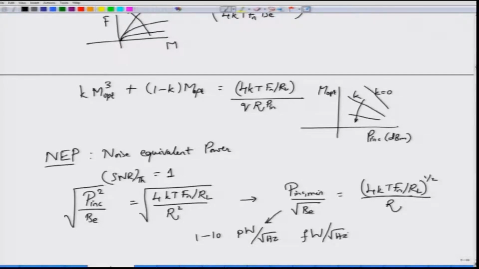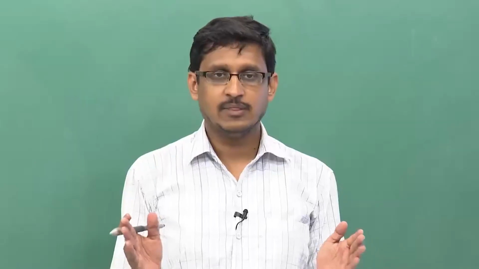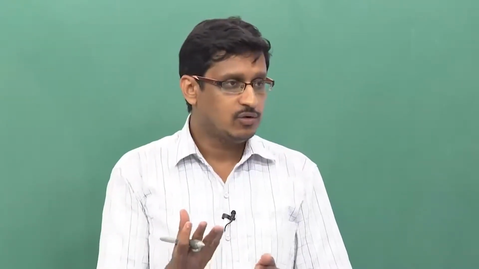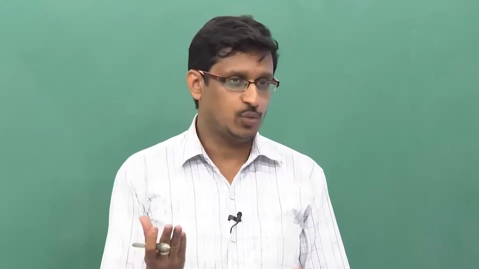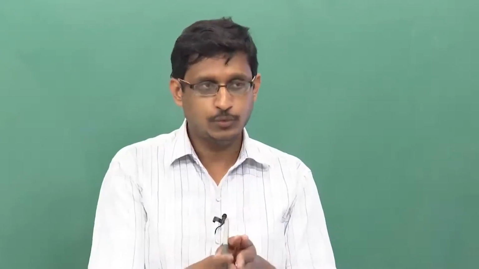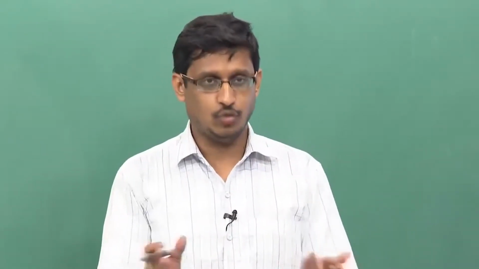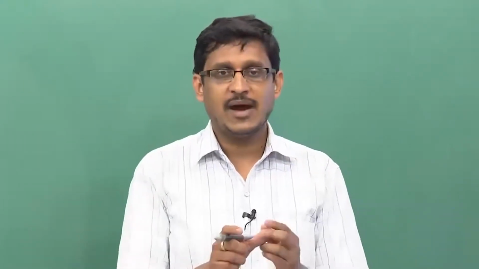If you know the total bandwidth of your circuit, take the square root of the bandwidth and multiply it by the NEP. That tells you the minimum optical power necessary to make the signal to noise ratio equal to 1, and then you can choose the optical power you input to the detector to be, let us say, 10 times NEP, 20 times NEP, and so on. So, if I have a bandwidth of 1 gigahertz, I take the square root of that